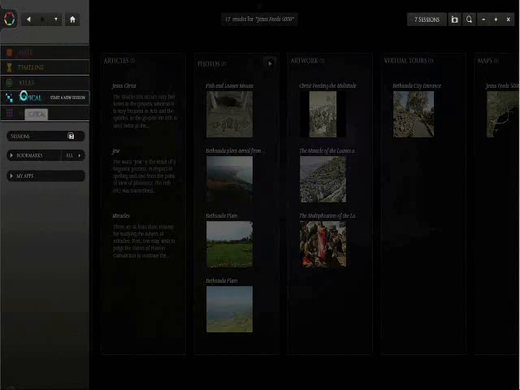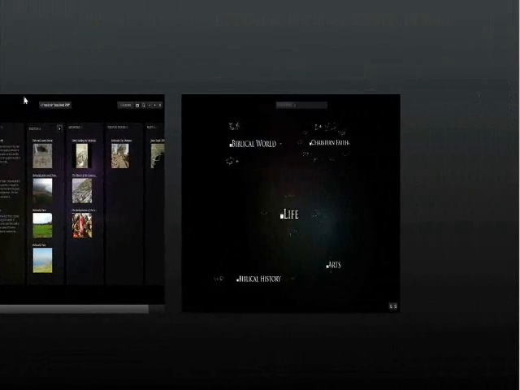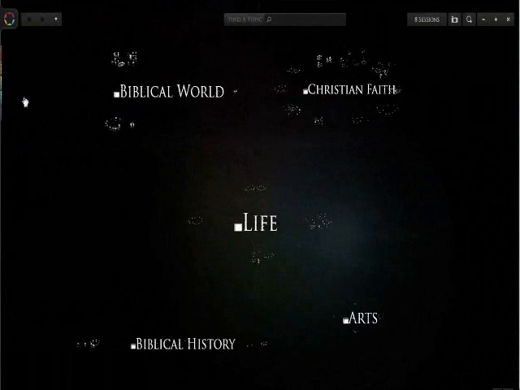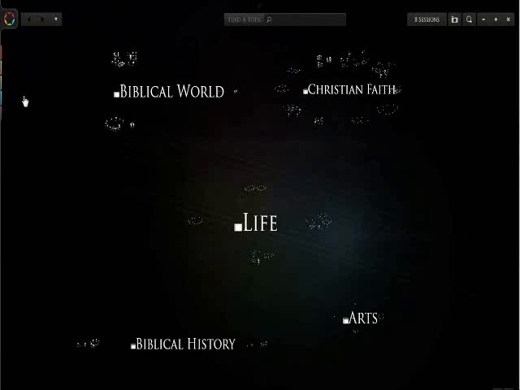Another very powerful way of looking for content is the topical lens, which the makers of Glo believe is the most important of all of them. This lens is what makes this product relevant for the digital generation who is mostly disconnected from the traditional Bible. The topical lens is what relates the Bible back to their lives.